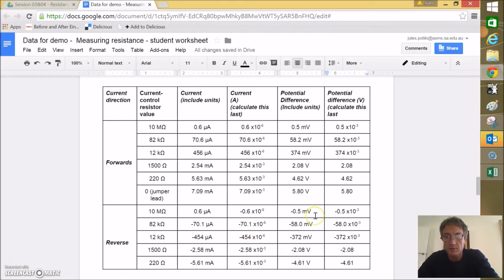Hello, in this tutorial I'm going to show you how to create a table and graph for a science prac report in Excel. So the first thing, I'm using some data here from an Ohm's law prac that our students conducted. The data has been entered into a table that was provided by the teacher